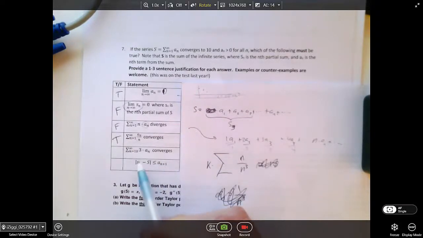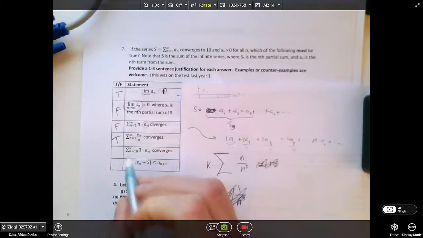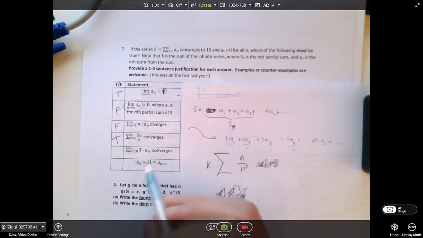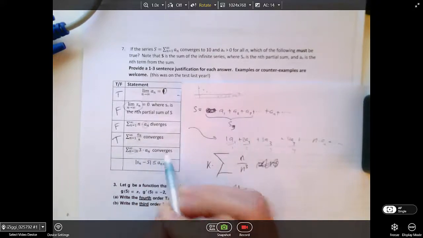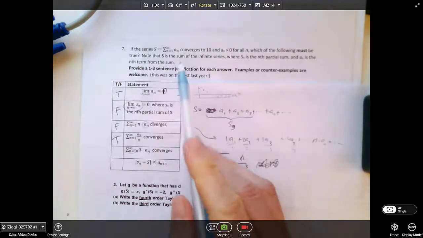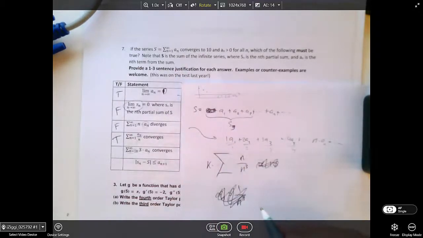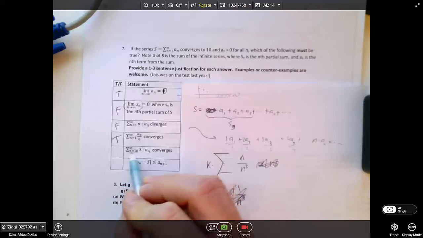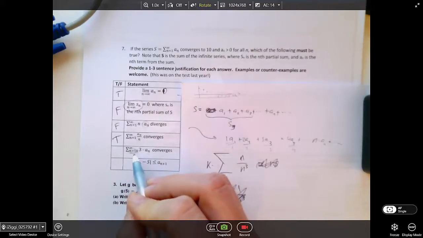Okay, what about this one? So here I'm starting at n equals 10 and going out to infinity, and I'm multiplying them all by 3. Well, this hasn't really changed anything important about what was making the original series converge. So if my original series converged, starting at the 10th term, it's still going to converge, because I just cut